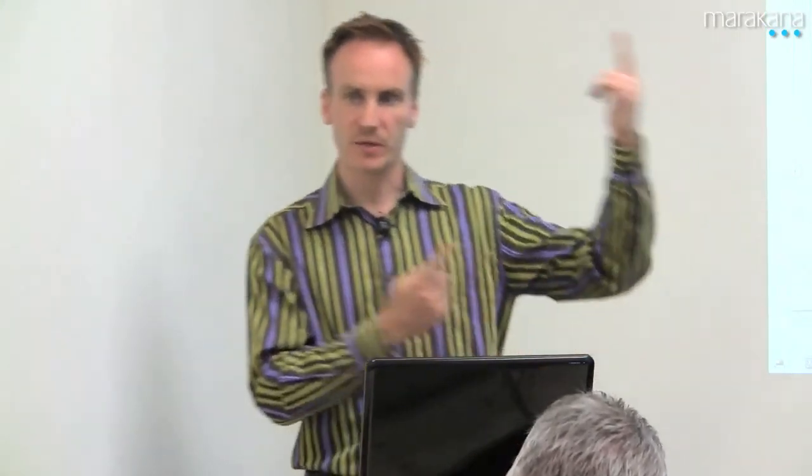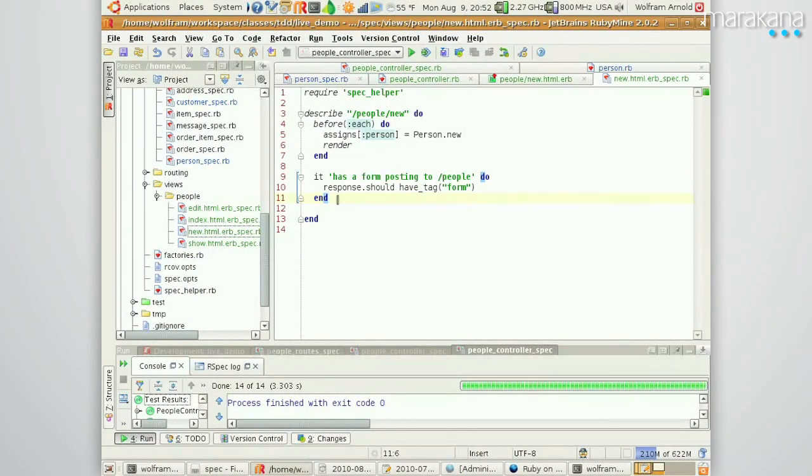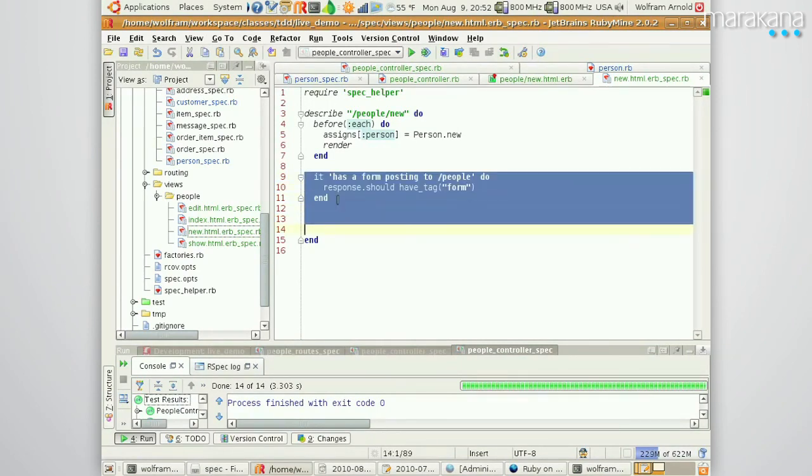This is what my first slide was. But then I dropped down, okay, let's start with a model, and let's build it back up. So here's my view test, BDD. I want to have, actually, this never got finished, really, that the form has the right path. So that in a second. I want to check that